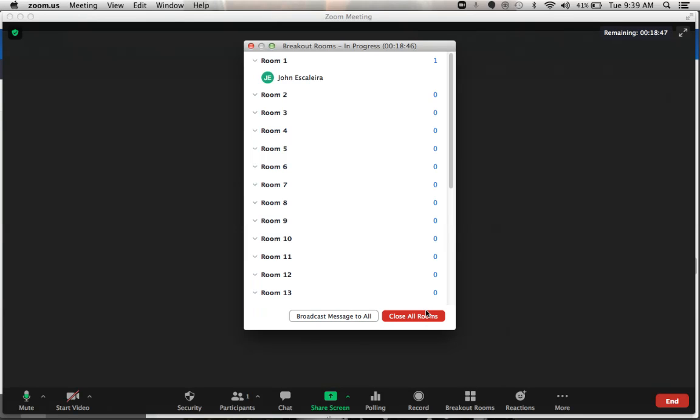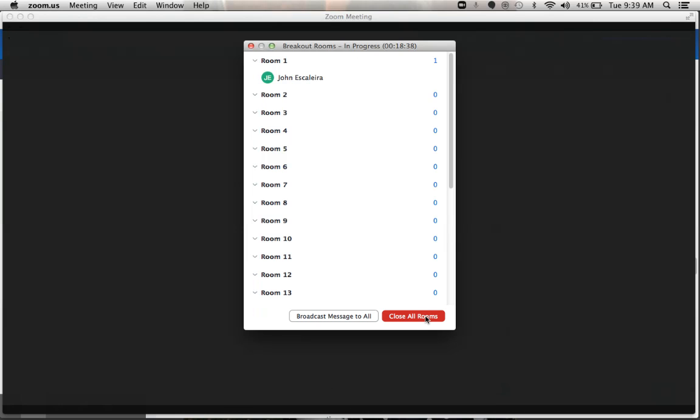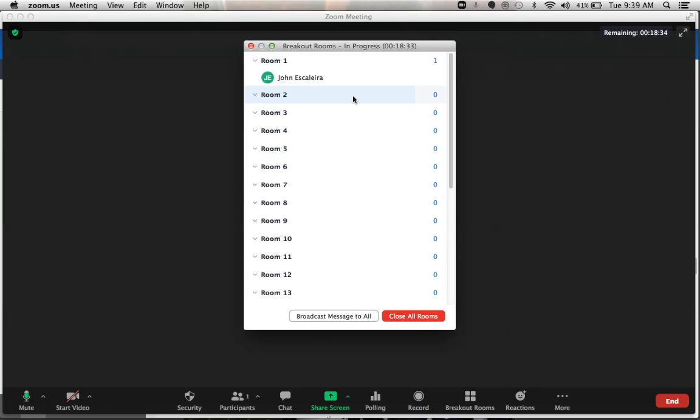And then if you need to close your rooms all at once before the time is up, you can click on close all rooms, and that will bring all of your students back to the main Zoom screen, right? And now as a teacher, I can jump into the rooms. So what I would do, and also notice here,